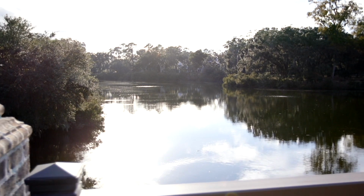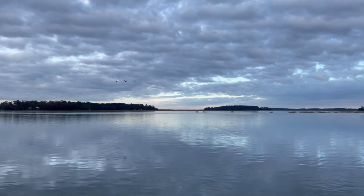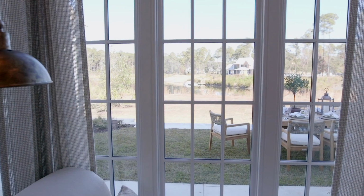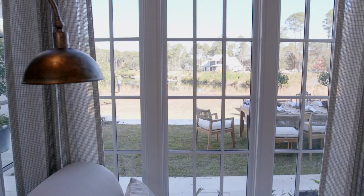So we drew our inspiration from the natural beauty of Palmetto Bluff and the Low Country. The Low Country is one of the prettiest places on earth if you've ever been there. You know, you've got the marshes, it's so green, it's so lush. We didn't want anything to detract from the spectacular view out of the back of this house, so we chose